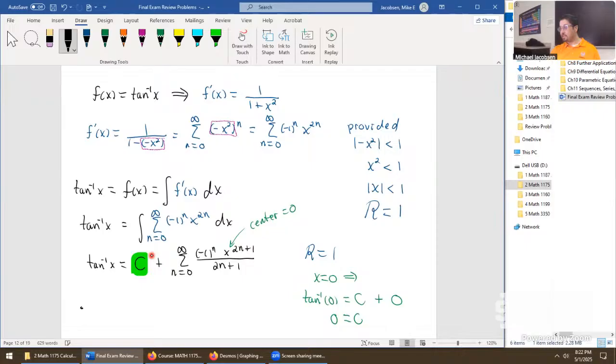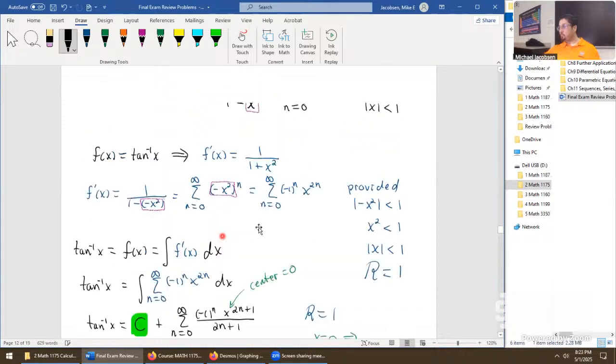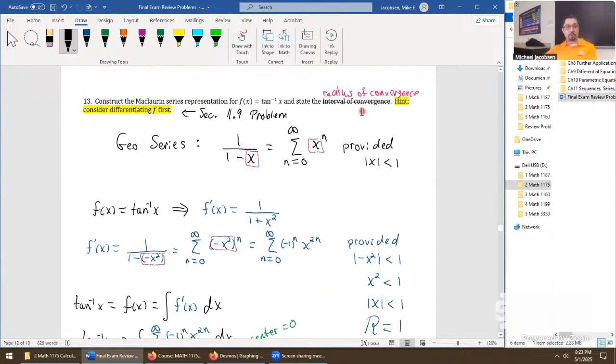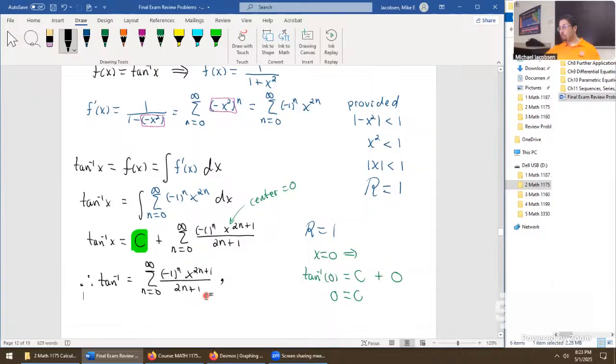And now we have determined tangent inverse x as a Maclaurin series, because the center is 0 and it is a power series, is a sum from 0 to infinity, negative 1 power of n, x power 2n plus 1 over 2n plus 1. And because we changed the exercises in a major way, we're not going for interval of convergence, which would require us to test at the boundaries potentially. Here, we'll just report the radius is 1. That's the thing that will not change when we integrate like we did here or differentiate.